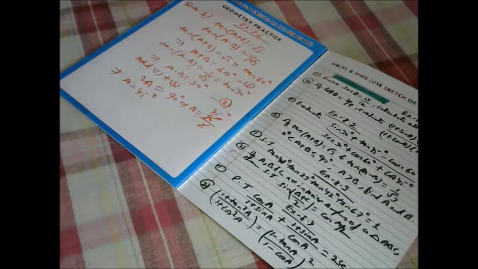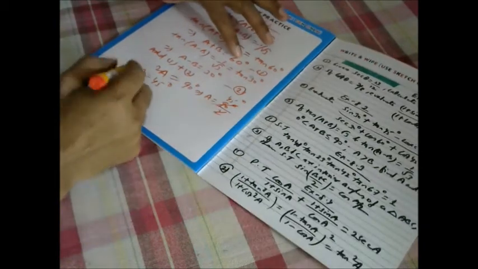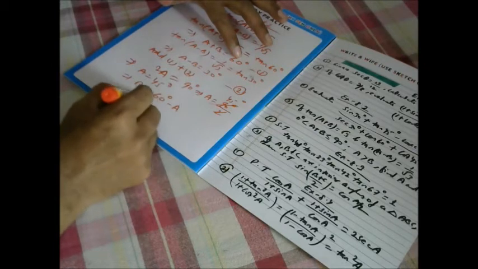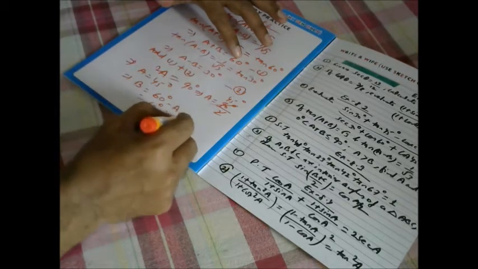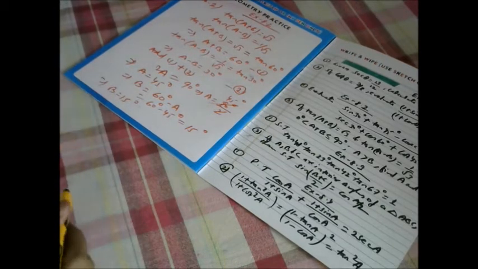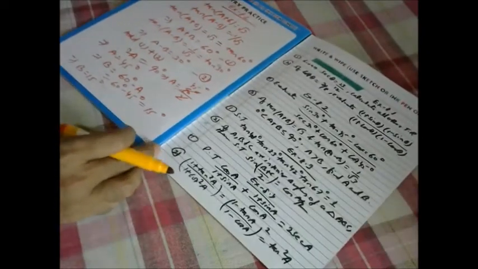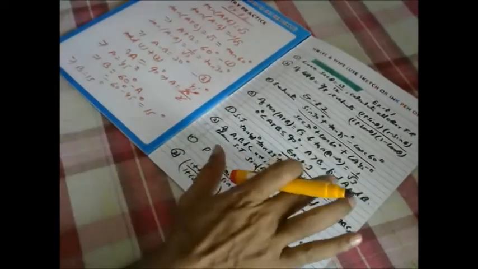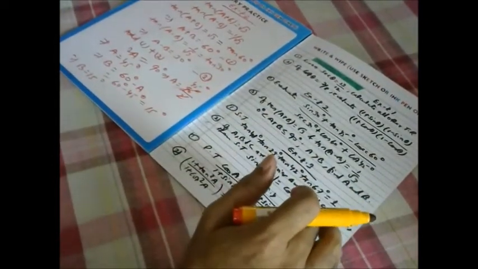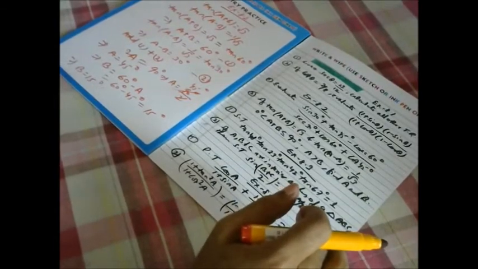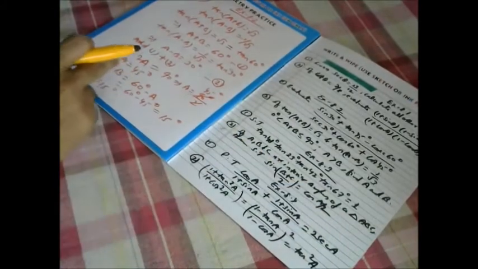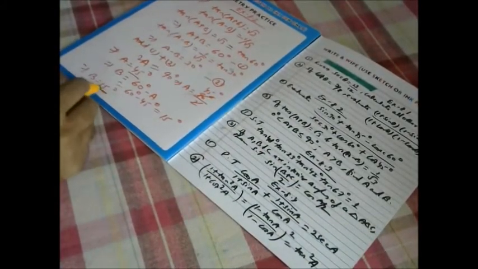Okay, right. So a plus b is equal to 60 degree. It means b is equal to 60 degree minus a, minus 45 degree, and it is giving to us 15 degree. So b is equal to 15 degree. Okay, so a is already greater than b. We have found a and b. So a has become 45 degree, b has become 15 degree.